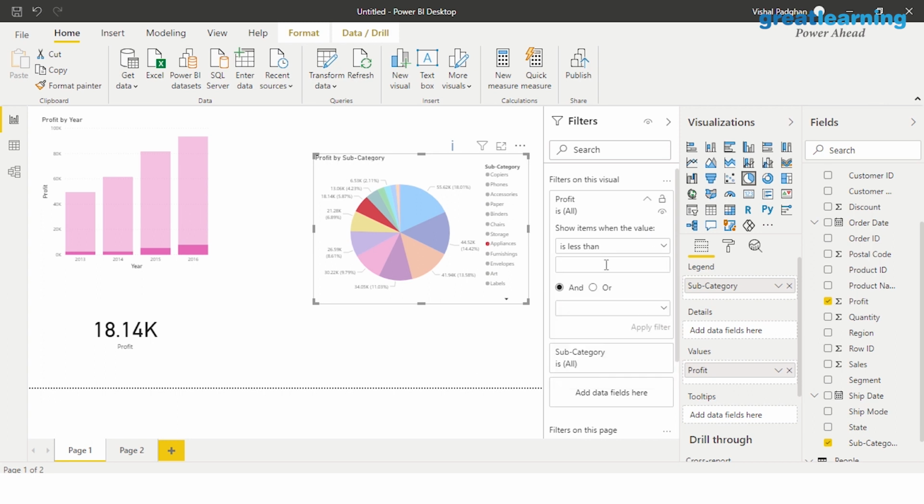Whatever is the profit, let's assume the maximum profit here right now is 44.52, right? So let's put forth details saying that whatever is the profit that is below 30,000.